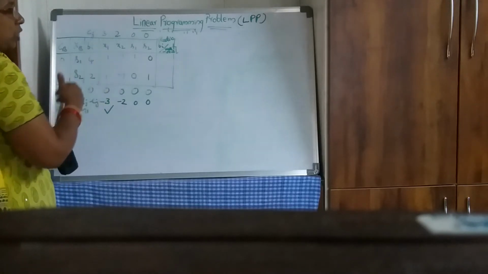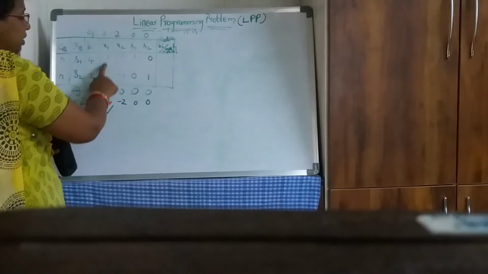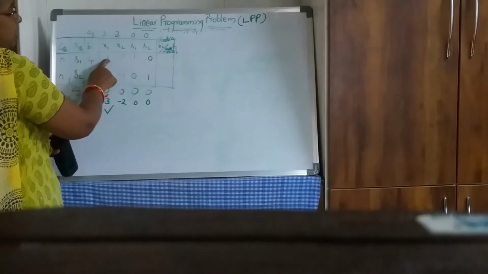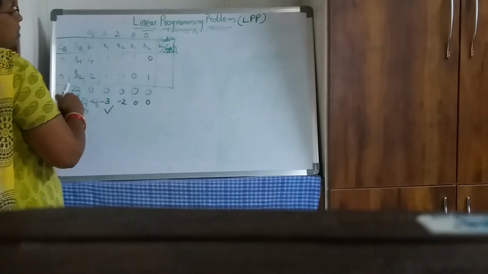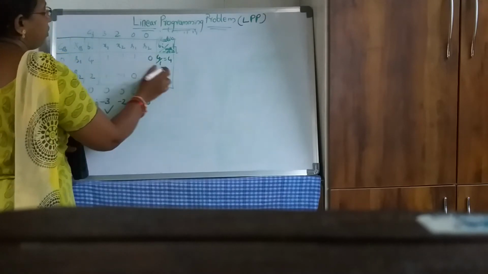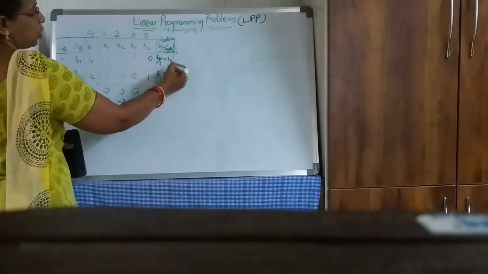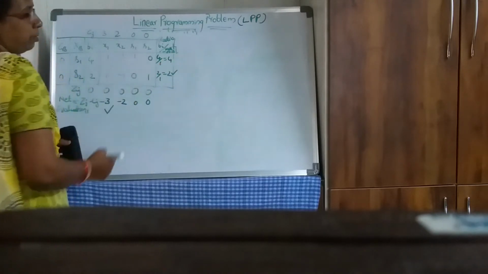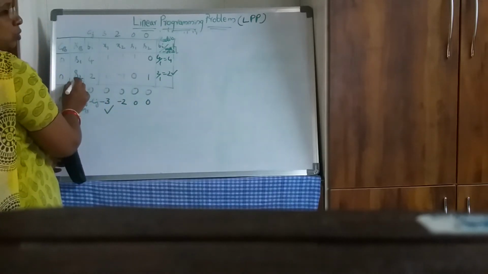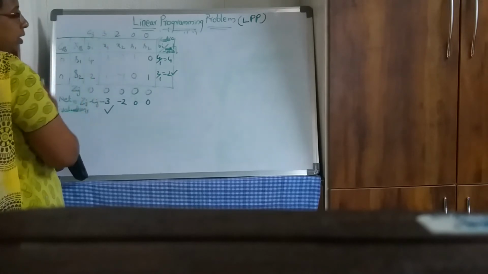So which ratio do we have to find? This most negative column, what we are getting, is corresponding to x1. So I'll divide this bi with these x1 elements. So this will be 4 by 1, which is 4, then 2 by 1, which is 2. Now which is minimum? Select the minimum of these two ratios. So 2 is minimum. Now corresponding to this 2, which variable do you have? You have S2. Now S2 should leave the basis. Now in place of S2, X1 will come.